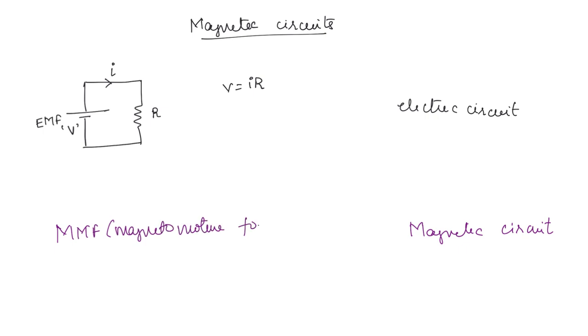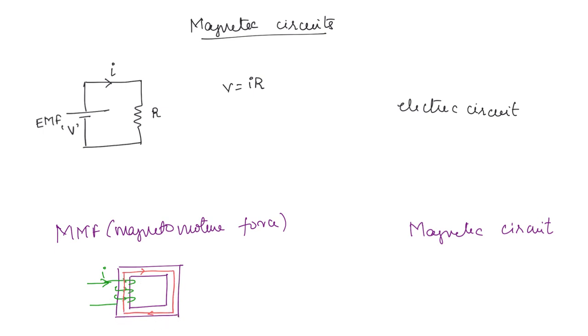Okay, magnetomotive force. Now if you take a magnetic core like this, okay, and around it you are winding a coil, let us say. If current flows through this, then the current direction is going to be like this, right? Now what will be the direction of the magnetic field that is induced because of this? In the coil, it is going to be induced in the clockwise sense, right? You can find it using the right hand rule. Okay, so you can visualize it like this: the coil, whatever is there, that is a kind of EMF. Okay, in the electric circuit, just like V is creating a current, this current in the coil is the magnetomotive force, which is